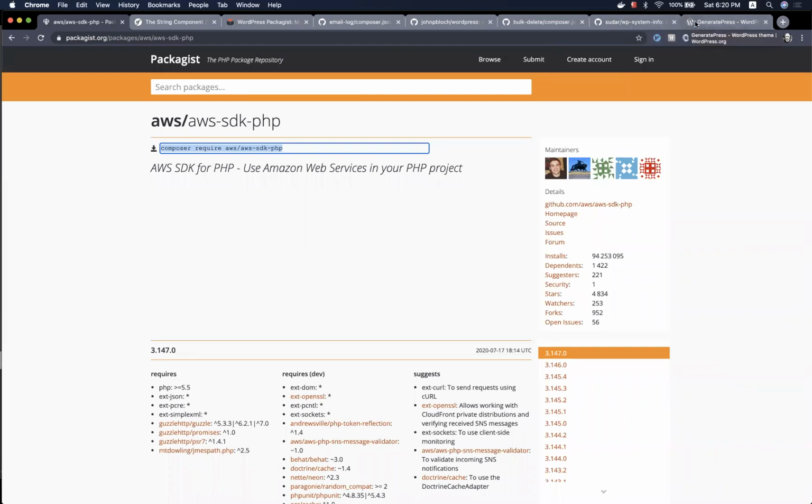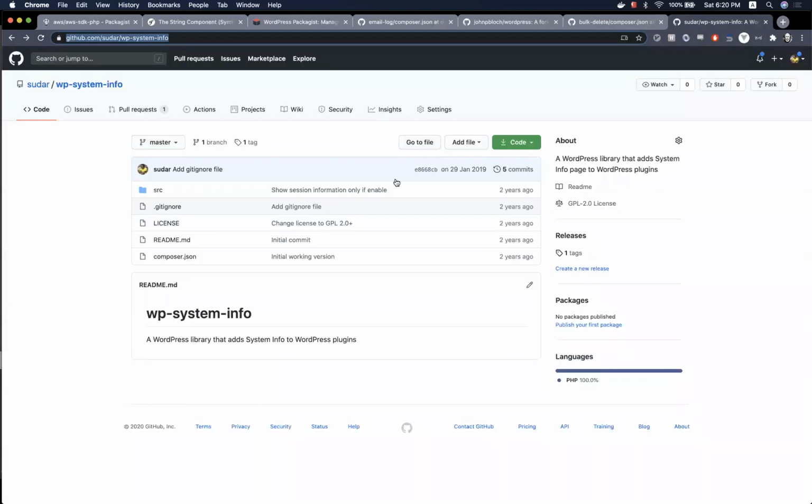So I have a couple of plugins, and in most of the plugins, I have a module called System Info, which is basically going to display details about the current WordPress installation, like what is the WordPress version, PHP version, and things like that. Suppose people who have installed my plugin have issues with my plugin and require support. Instead of asking them for the details about their website, like the PHP version, WordPress version, what plugins they installed and things like that,